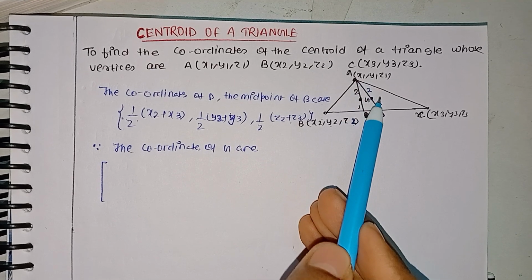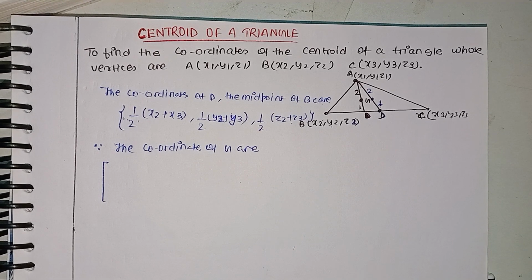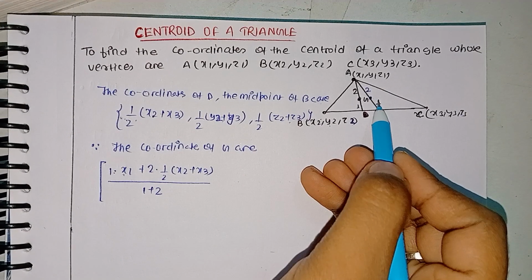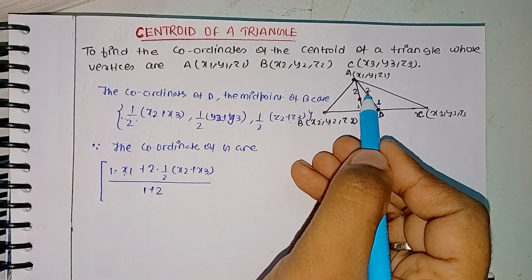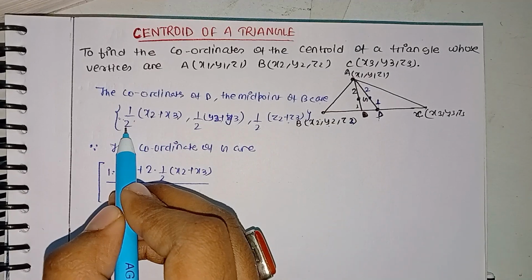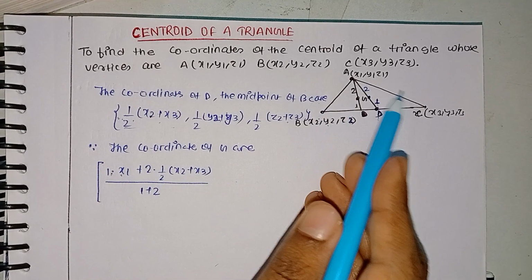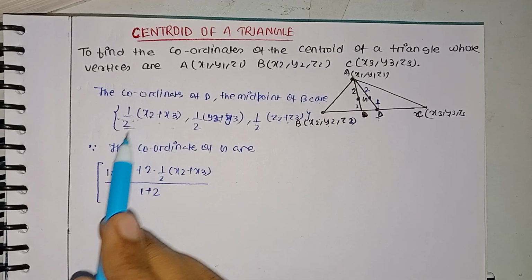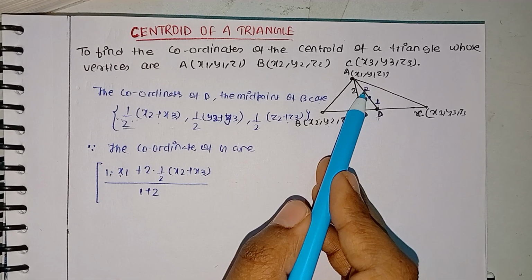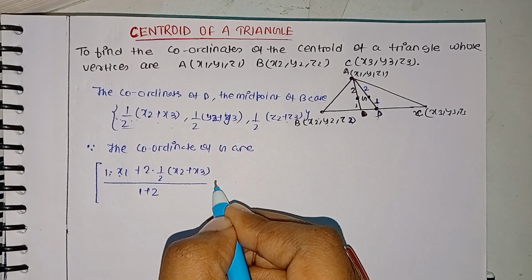So for the x coordinate we get 1 into x1, plus 2 into the x coordinate of D. What is the x coordinate of D? It is 1 upon 2 into (x2 plus x3). All of this is divided by m plus n, where m is 2 and n is 1, so m plus n. Then for the y coordinate: